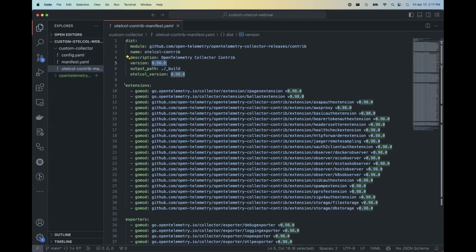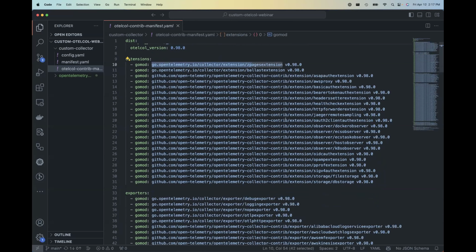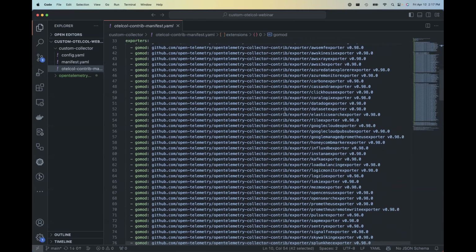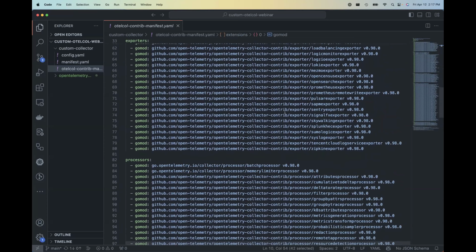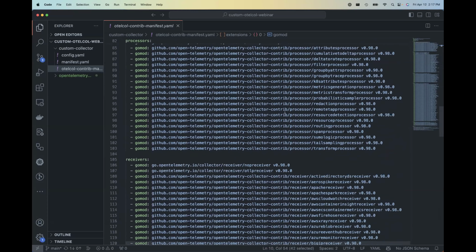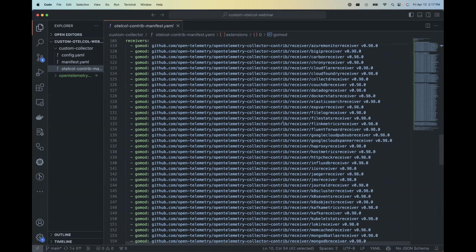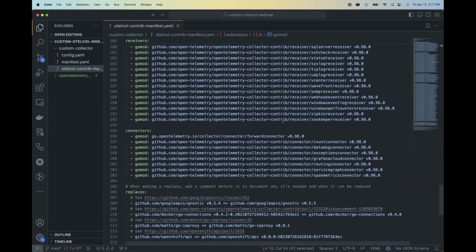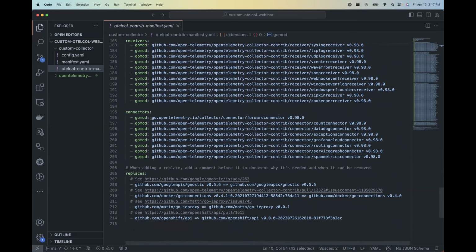And then the definitions here for each of those sections, like I said, this is just a list of every one of the extensions that are included, the version of that extension. Same thing with exporters. You can see there are a lot of those that are included in contrib. And then processors and receivers. And again, a lot of receivers that are included. And then a handful of connectors. And the replaces,